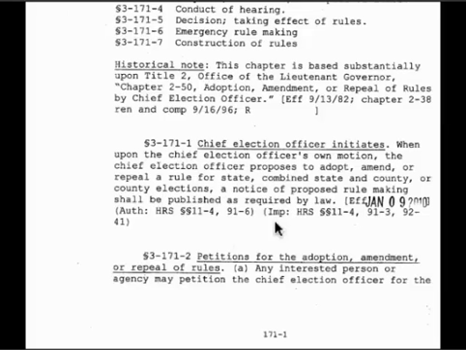Moving on, we see something that says IMP. IMP stands for implemented, and it tells you what sections of the HRS are being implemented in this section. In this case, it's HRS sections 11-4, 91-3, and 92-41. Sometimes these numbers are the same because sometimes you have a very simple statute that authorizes the department to adopt rules on the topic of X. In that case, you'd have the auth and the IMP sections that were the same.